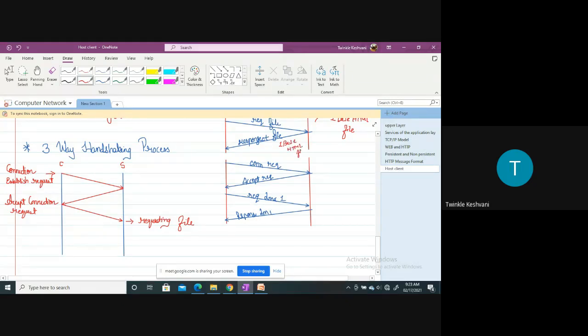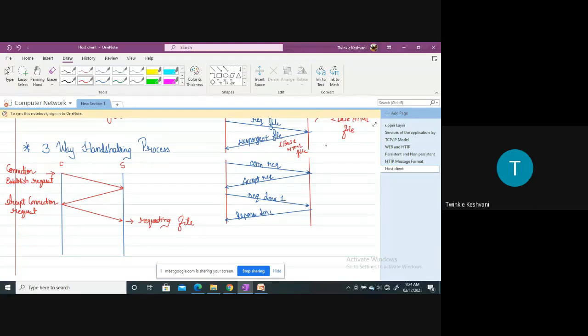As and when the server transmits the base HTML file to the client, the TCP connection will be terminated. As you can see here, this gap, right? So as and when the server sends the response to the client, it will also request for terminating the TCP connection, but the TCP connection will not be terminated immediately, because as and when the client receives the response from the server, then and only then the TCP connection will be terminated, right?